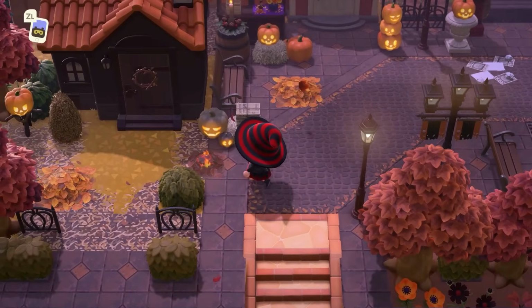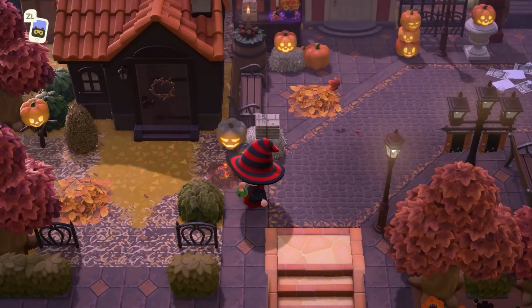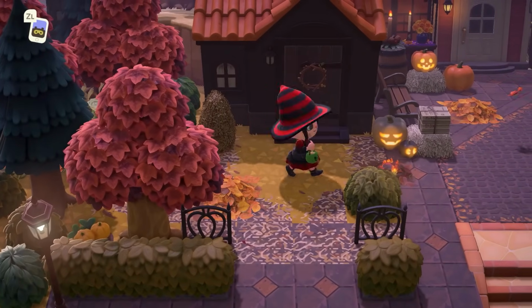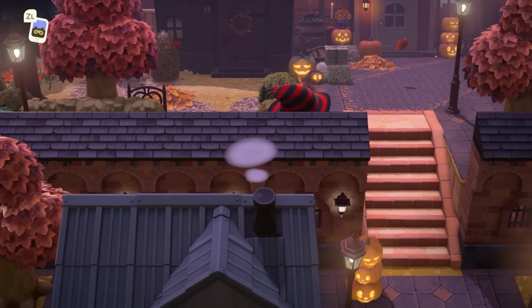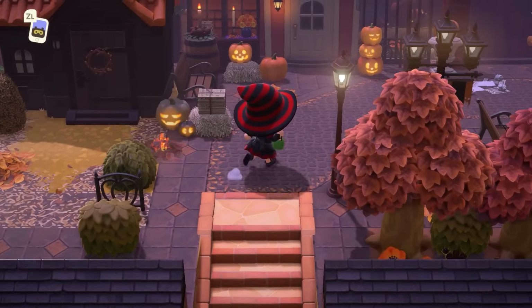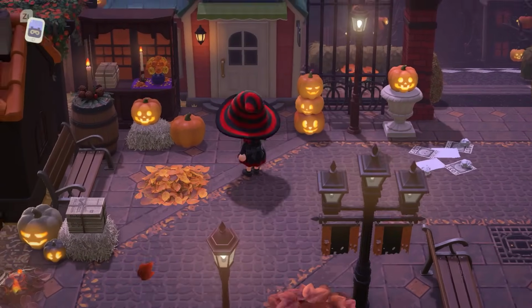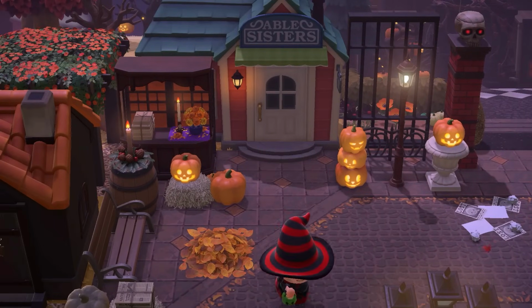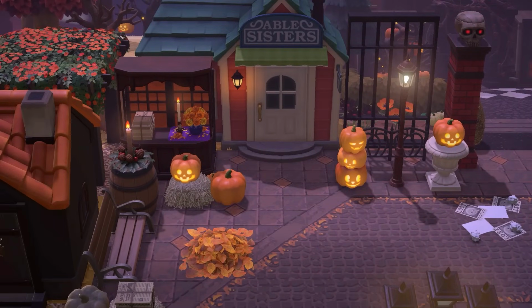Ooh, okay, so this is an extension of this little town area, this little shopping area. And we have another villager house over here, as well as, is that Able Sisters over there? The spookiest Able Sisters I've ever seen. I really love this. Oh my gosh, even the little skull on the top of that pillar over there,